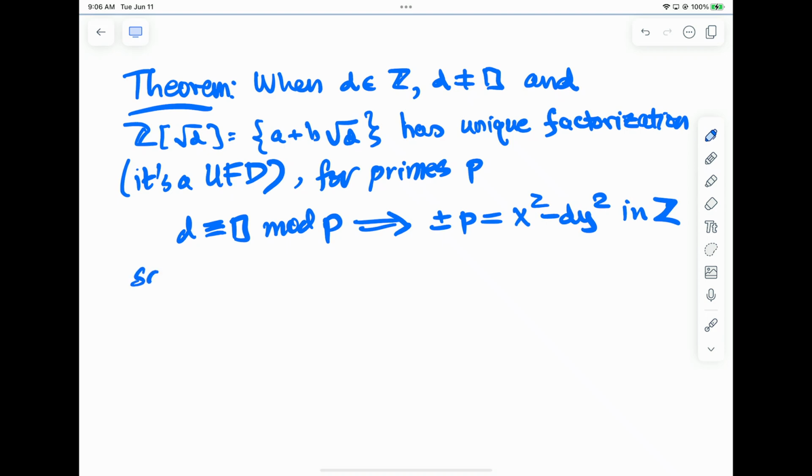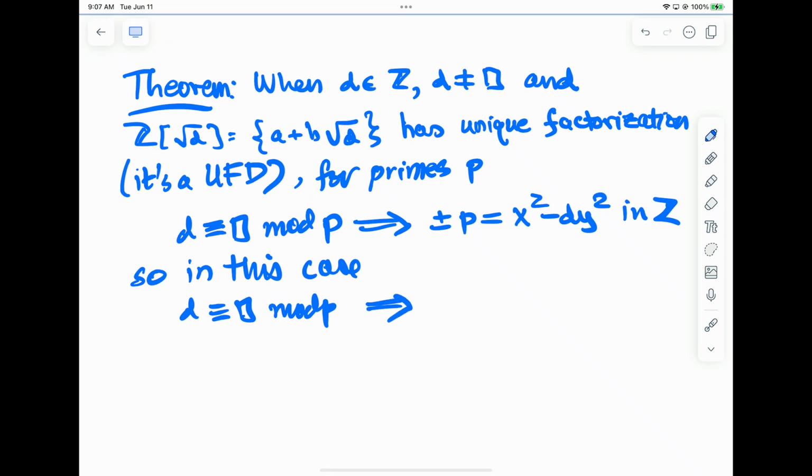So we could say, in this case, that both directions work. When d is a square mod p, that's equivalent to writing plus or minus p in this form. So I guess just to clarify, when I write plus or minus p, I mean either it works for p or it works for -p, or both, but you may have it hold only for maybe -p and not for p itself. So for example,